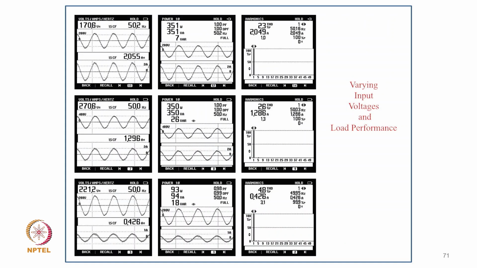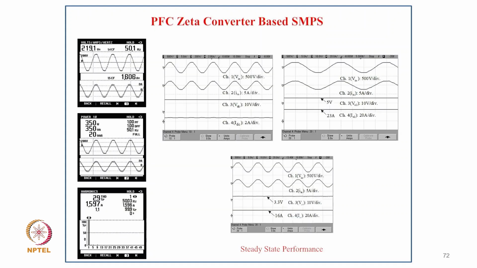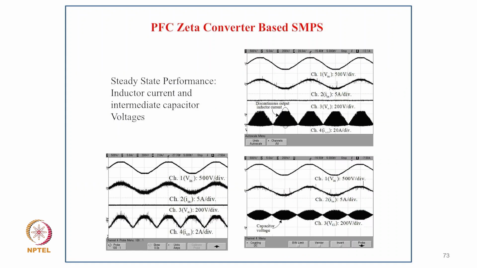And this is the case under varying input voltage from 170 to 270, and you get a power factor of unity always. And even in light load condition, you get THD less than 5%. And this is, of course, the PFC Zeta converter case. All these converters are designed and developed in the lab, and you get THD of 2.9% with power factor almost unity, and a well regulated output DC voltage, different DC voltages here.